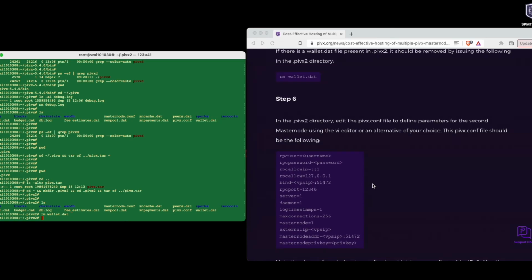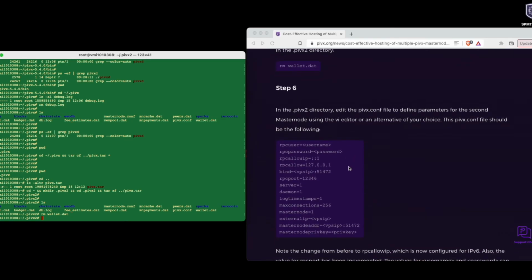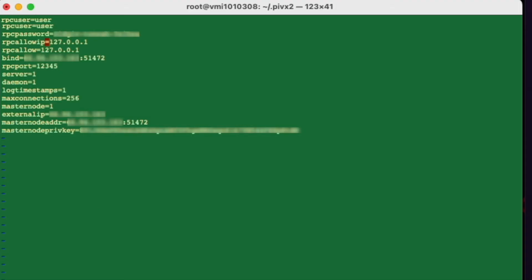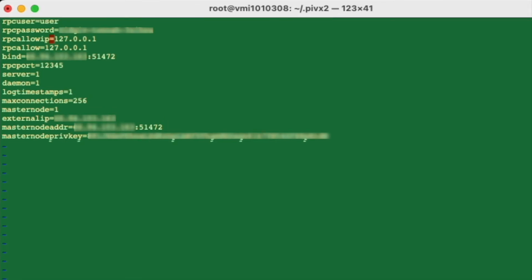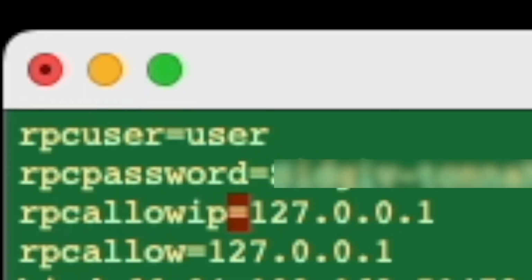And now we're going to go ahead and update the config. So that's really the main change for each of the masternodes, is going to be the change to the pivx.conf file. So let's use editor of choice to edit the pivx.conf file. And the username and password can be the same as they were before. And what you're really going to change is take a look at RPC allow IP. This you're going to want to change to,